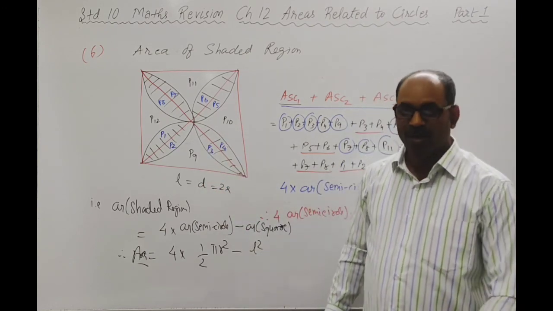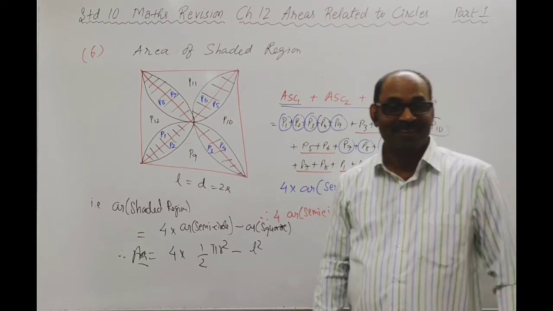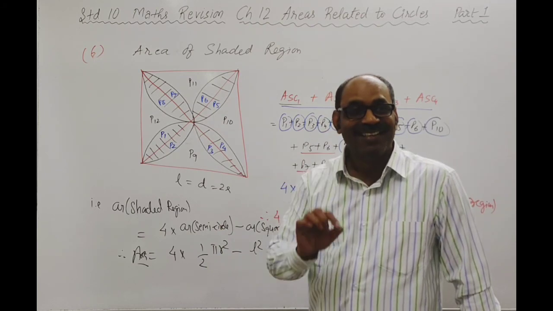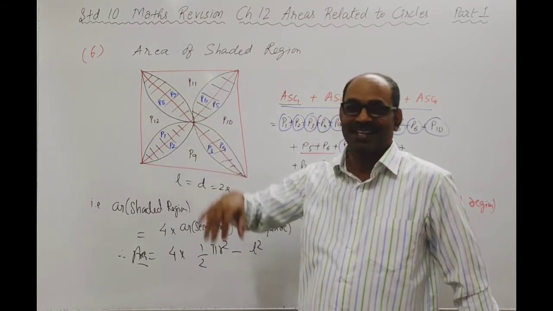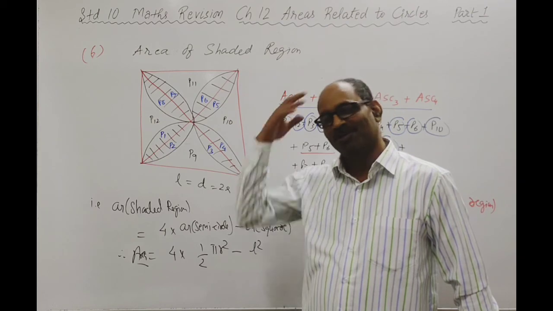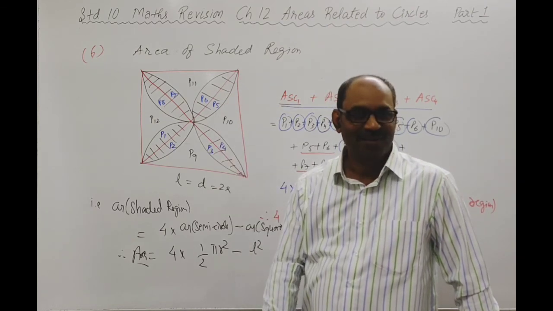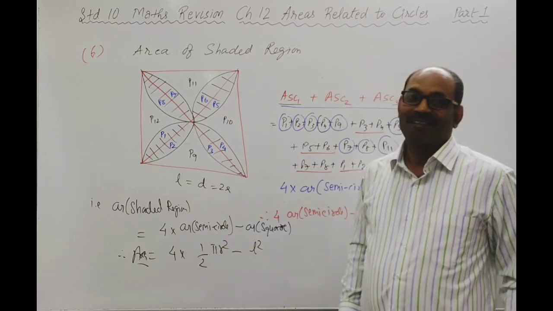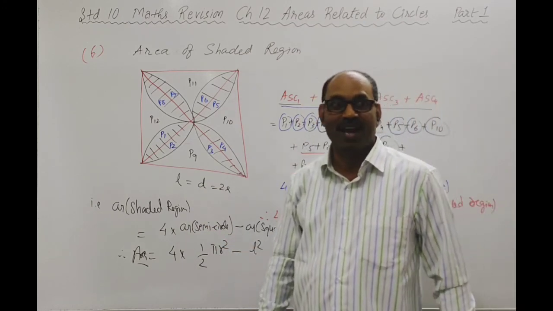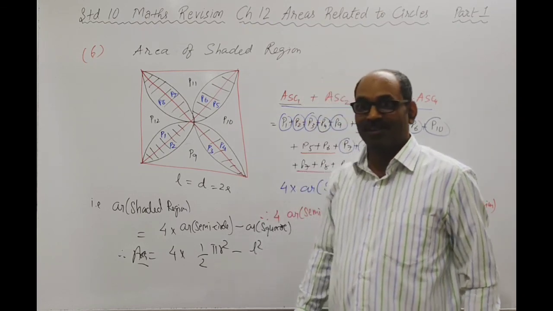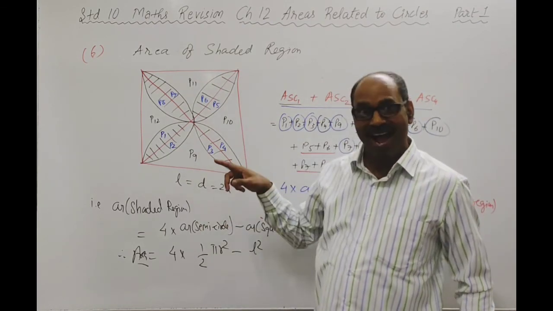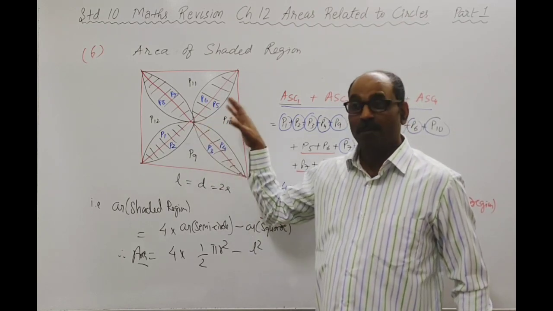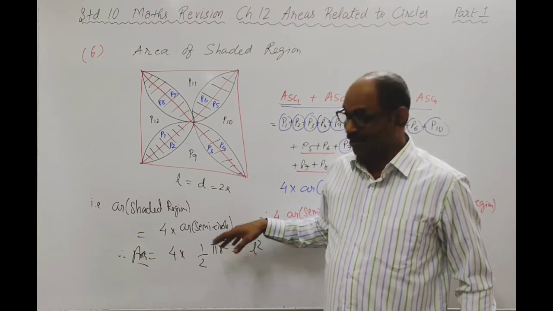One thing I want you to note here is the area of the shaded region. But in the question they may ask you for the area of the unshaded region. In a hurry, you see the word shaded and come, and then in it the unshaded is asked. So first you will find the area of the shaded, and then you have to go for the calculation of the area of the unshaded. And what will be the area of the unshaded region? Area of square minus area of shaded region. That is simple. But before that, you will have to find the area of the shaded using this formula.